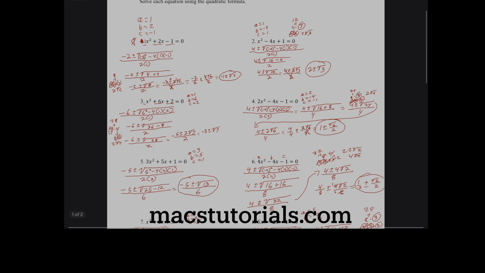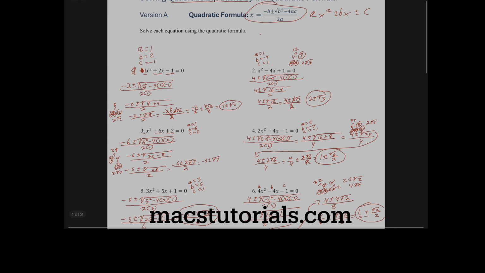All right, so now you may not be perfect, but this formula should start to be getting in your head if you walk through with me on 8 more problems. But guess what? I have 8 more in version B and 8 more in version C. So stick with me, and after we do, what is that, 24 problems, you should start feeling really good about